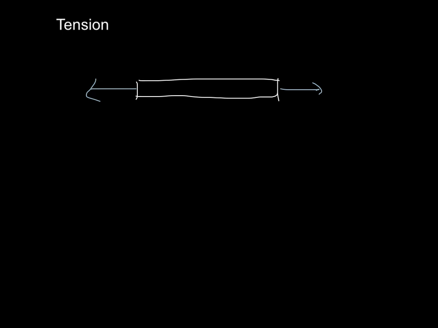I can understand this if I imagine that the string is made of many little chains put together, and then what's happening is that I am pulling this one, which in turn is pulling this one, but this one is also being pulled by this one, which was being pulled by this one, and so on and so on. So at each link in the string, there's a force this way and a force this way, and they have to balance each other out, otherwise the string would break.